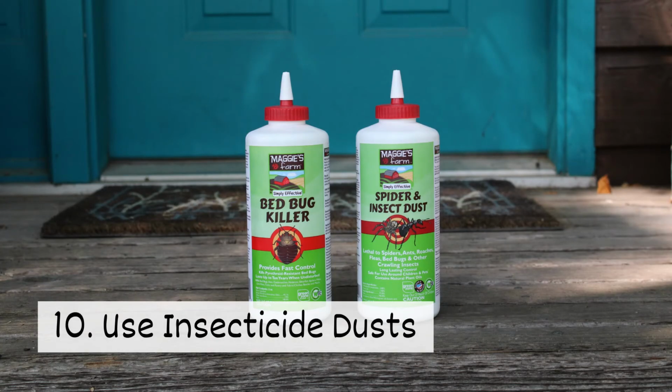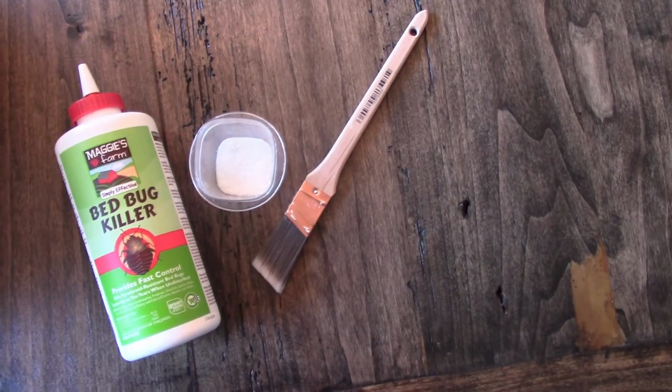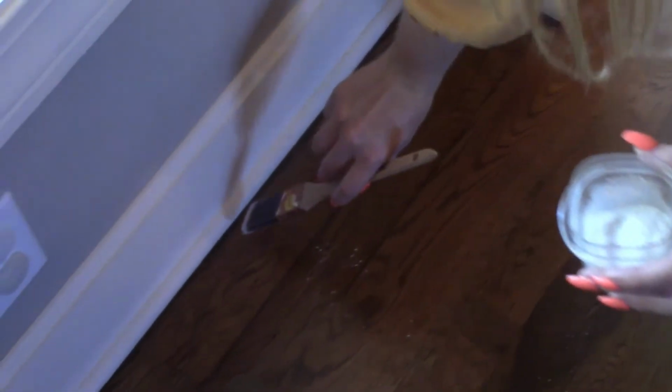10. Use insecticide dusts. Dusts can provide long-lasting protection. Our bedbug killer dust and spider and insect dust can be applied to areas where pests have been seen, including